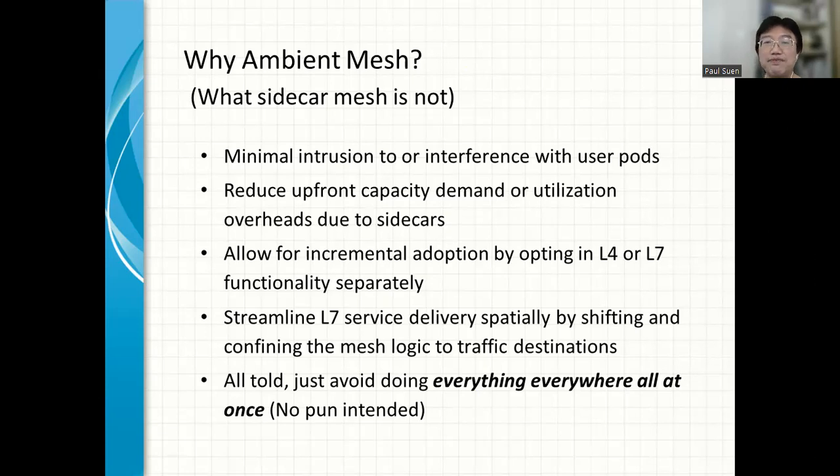So it means that we shift and confine the layer 7 redirection logic to the side of the traffic destinations. So all told, the benefit is that in the absence of the sidecar, we can avoid doing everything everywhere all at once.